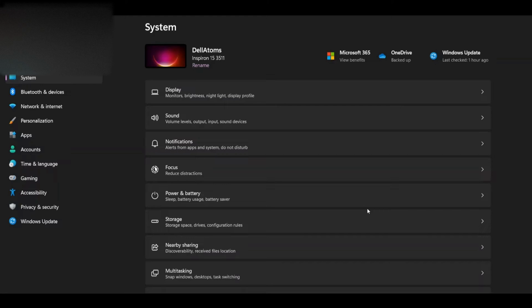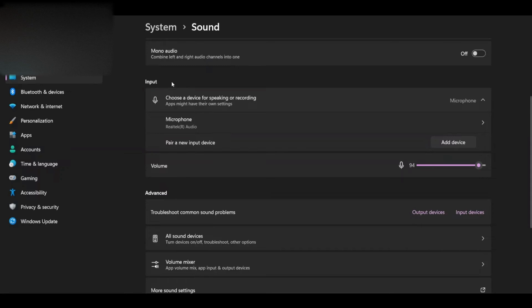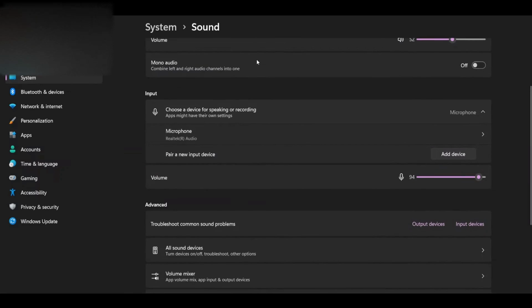So first you click sound from system in settings. So you click sound. Then you could see input. It's like right there, right below output. Then you could click microphone,